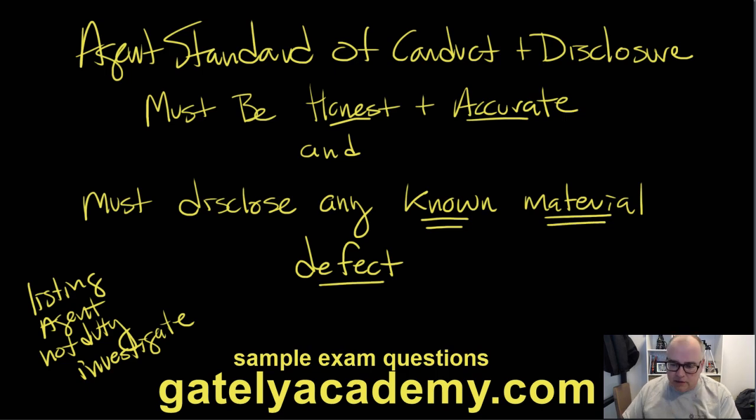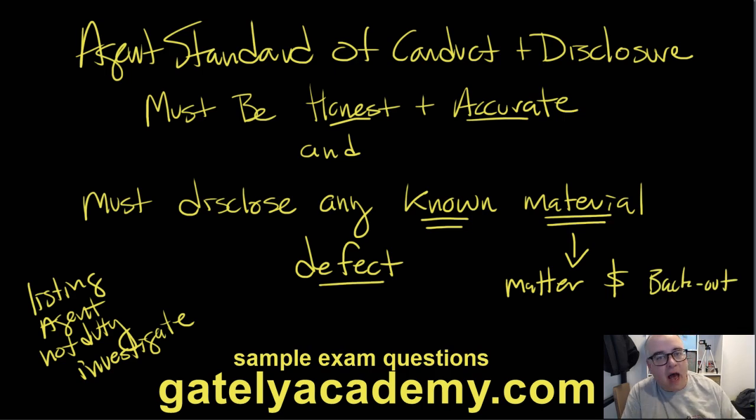And the way I define material defects, if I could just use some slang here for a second, I would say that a material defect is something that matters. Something that matters, especially if it's going to affect the price of the property, or maybe, for instance, the buyer would back out of the transaction. If one tile in the bathroom out of 700 tiles is a little bit loose, that's not a material defect. If the chimney is about to fall down, that is a material defect. So very, very important. We're not talking about trivial matters. We're talking about significant matters, material defects, things that are wrong with the property.